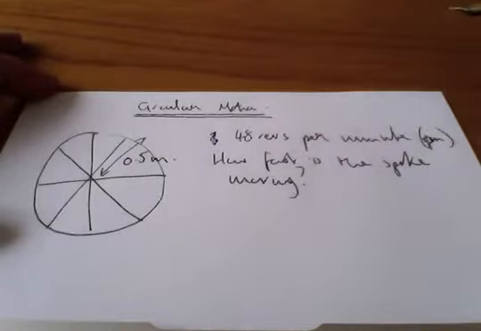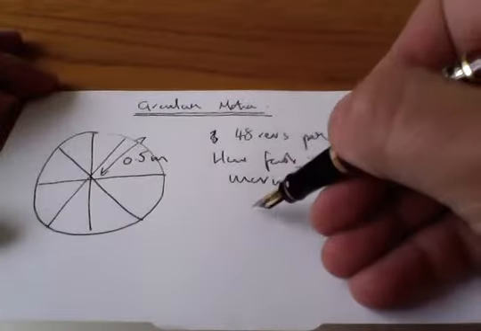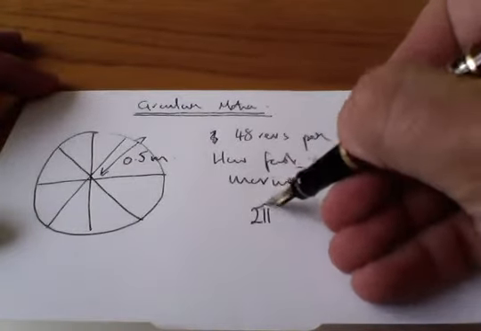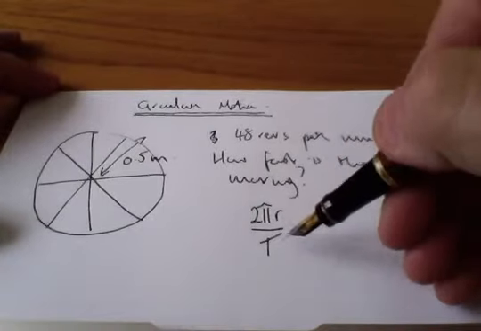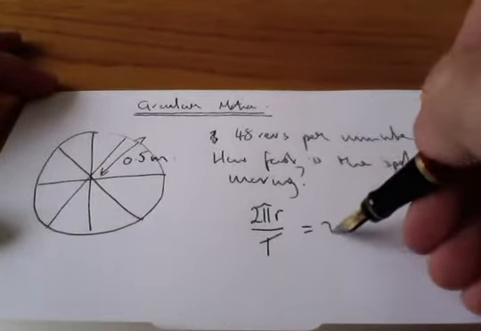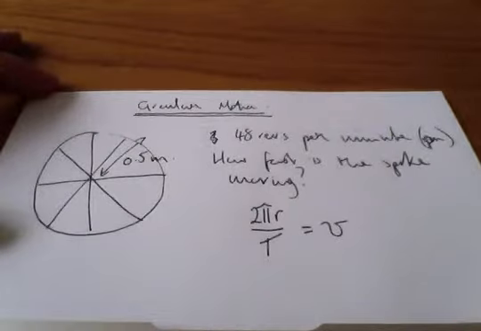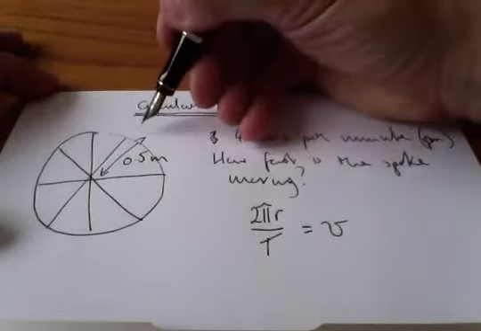You would probably work out the circumference of the wheel and divide it by how long it takes for one revolution, the time period of the revolution, and that will come out with a velocity. And you wouldn't be wrong in saying that, you're correct. However, what you would be working out, of course, is the velocity at the top